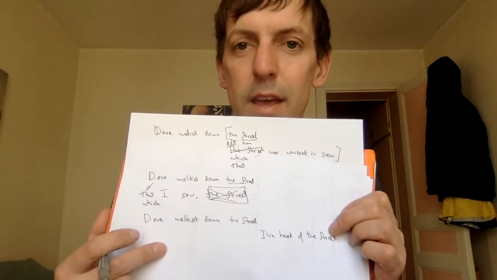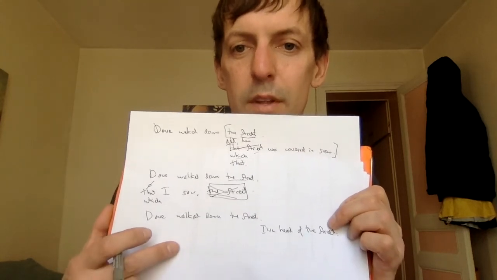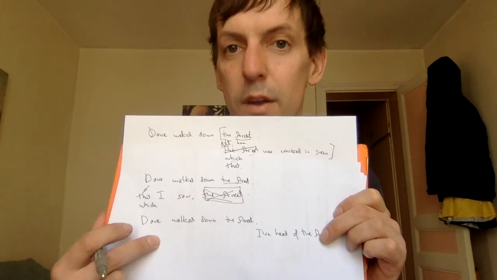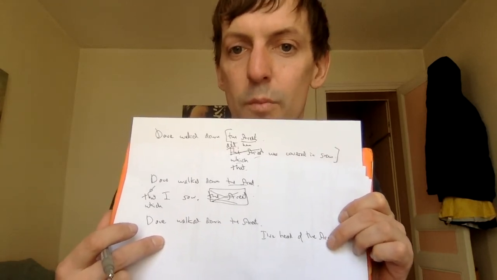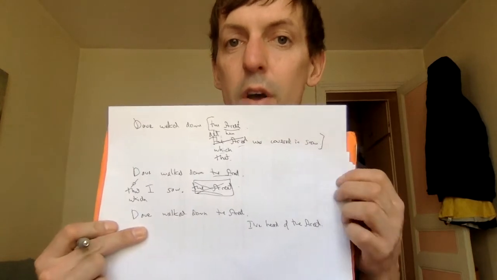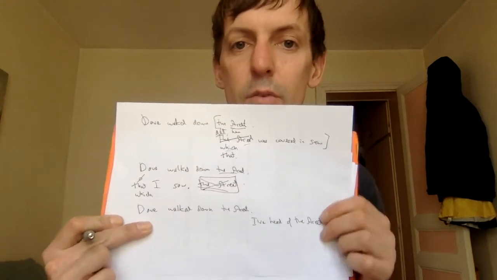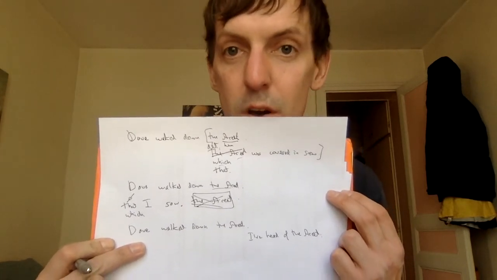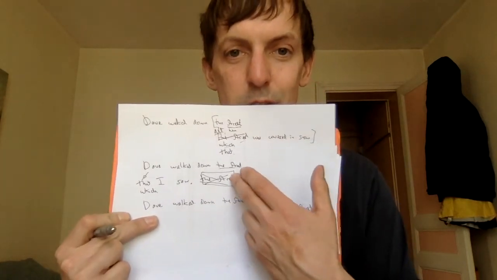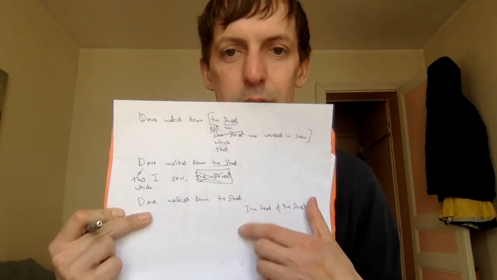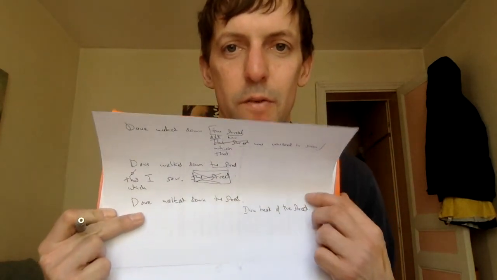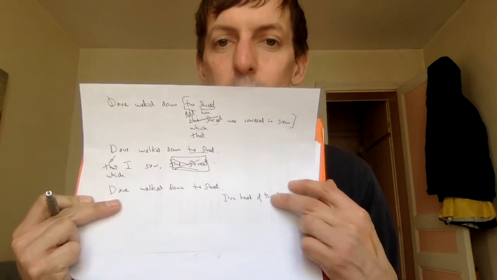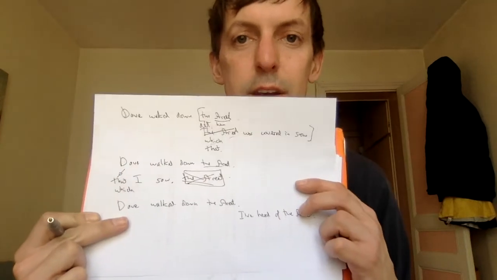So what happens in English is that we can, once again, substitute for the street with a relative pronoun. And we're going to move that just to the front of the relative clause, just like we did with the second example, when we said Dave walked down the street that I saw. The relative pronoun moves to the front, and we're going to leave this preposition behind, right? And that's going to give us,